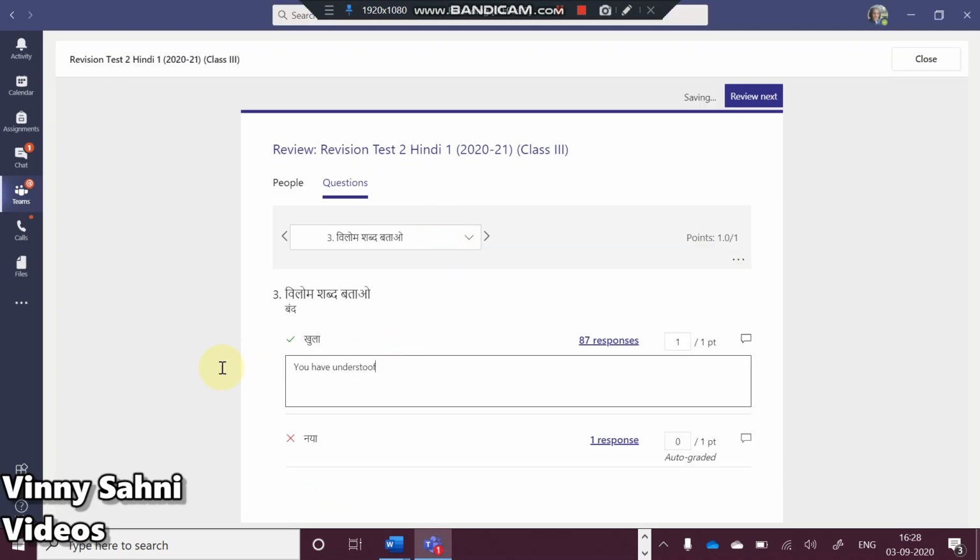If you want to give a question wise feedback, that too, it is not compulsory. A question wise feedback will not be given individually to anybody. It will be given in group. All right, so what we can do is, since we have to give this in bulk, what we are going to do now is we are just going to copy paste the comment here.